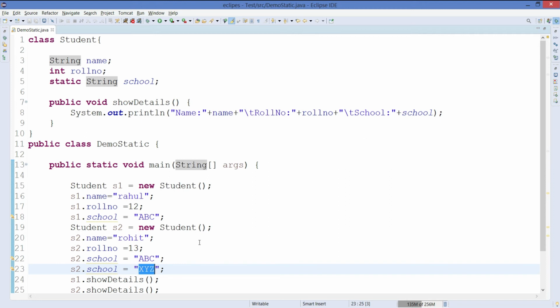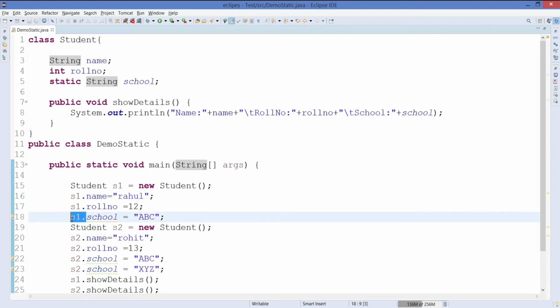One more thing, as we have understood that objects are created afterwards, and at the time of loading a class, the class loader is loading all the static methods, members, and static block inside the memory. So we don't need the objects to initialize or to use that particular attribute. Let's see.